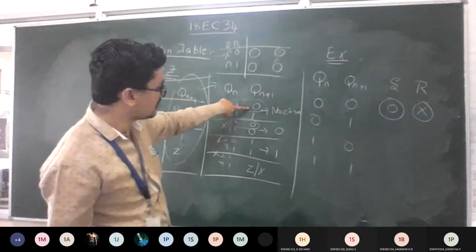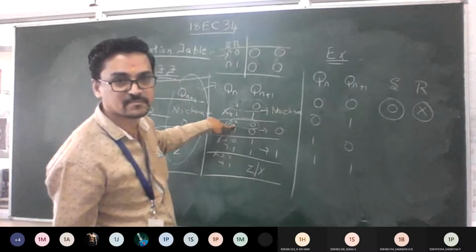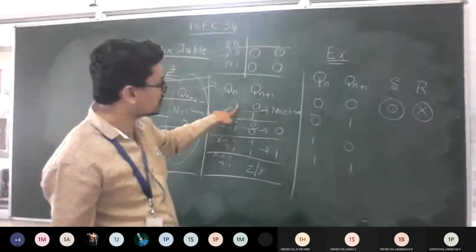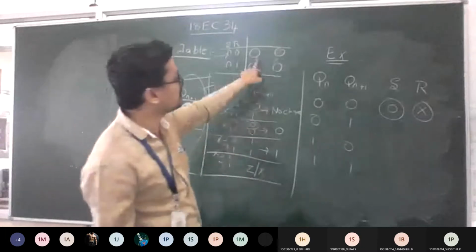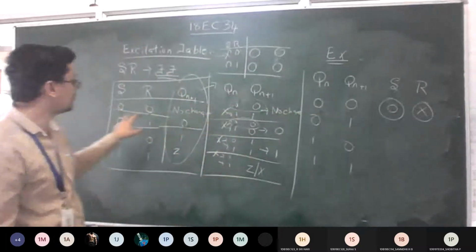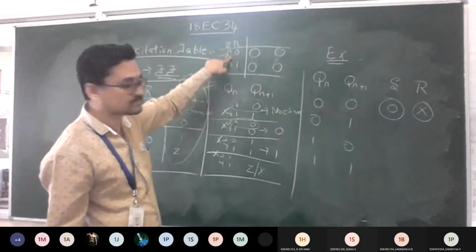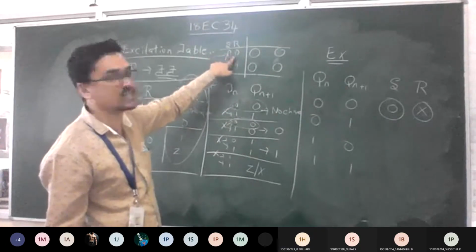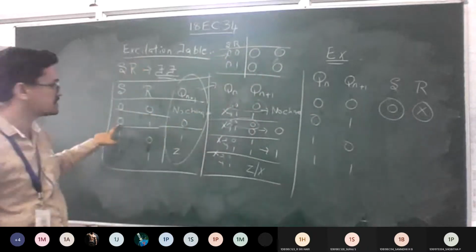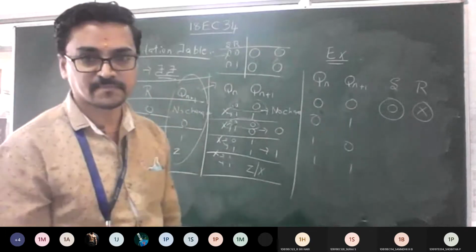So 0, 0 is present in this as well as this. It means the first row as well as the third row. Is it visible? Any other combination there? No, no. So you got two combinations of 0, 0. Look at here. 0, 0, 0, 0. For what input did you get it? Just verify. This 0, 0 you got for 0, 0. Is this visible, what I have written here? You want me to write once more? So this 0, 0, I got for this 0, 0. Similarly, the second 0, 0 I got for the input combination of 0, 1. So this 0, 1 is what I wrote here. Is it fine till here?